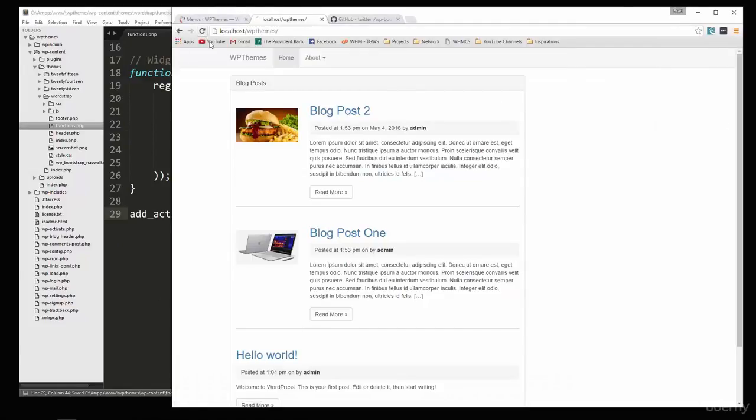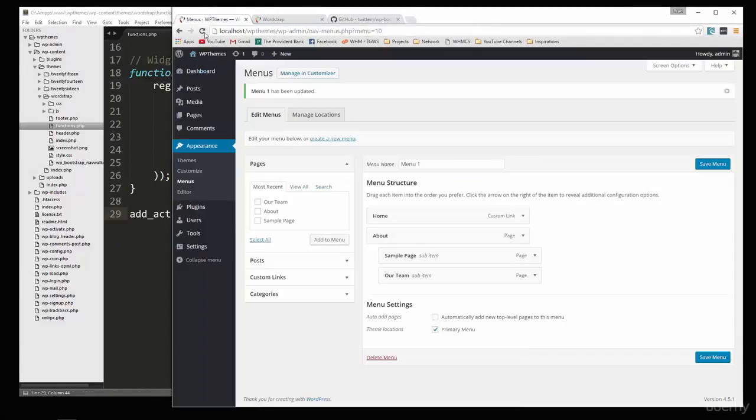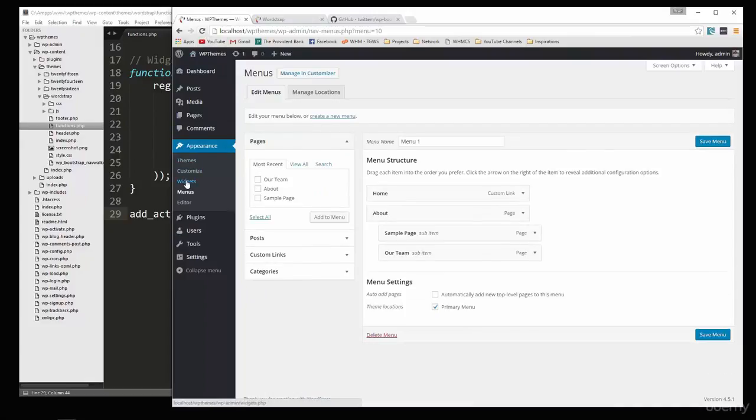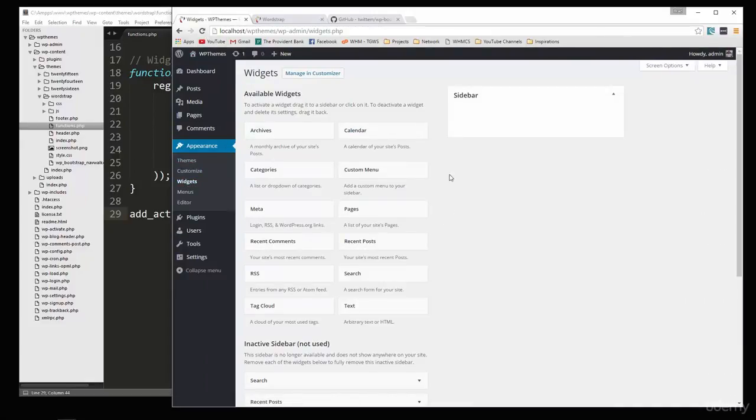So we'll make sure that's saved. And if we go to the back end and reload, you should now have a widgets option under Appearance, and you should also see sidebar. So what I'm going to do is bring over categories,